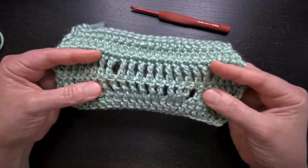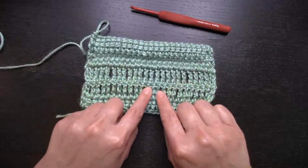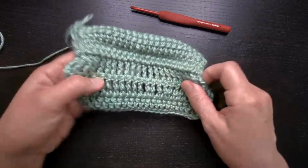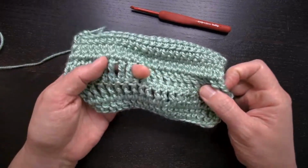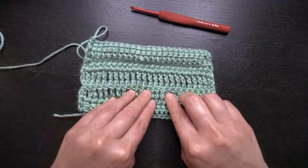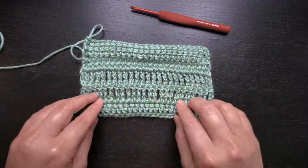So these are two rows of standard treble crochet. You see they're tall and beautiful, and the stitch definition is so pretty. It's a really versatile stitch to use, but there are massive gaps in between the stitches. So it's not always the most useful stitch for blankets and scarves and other projects where sometimes you want a